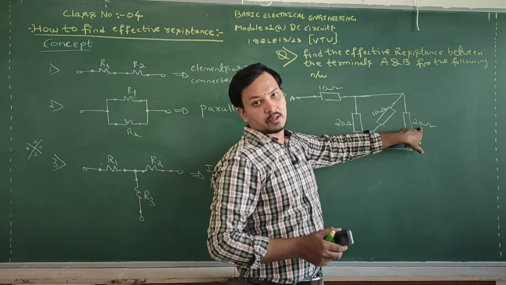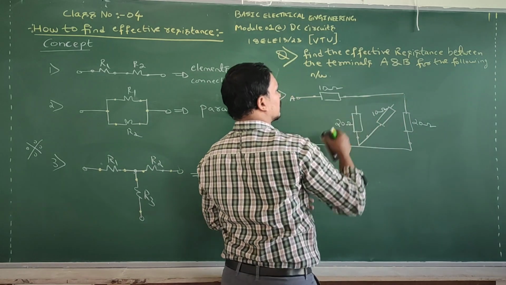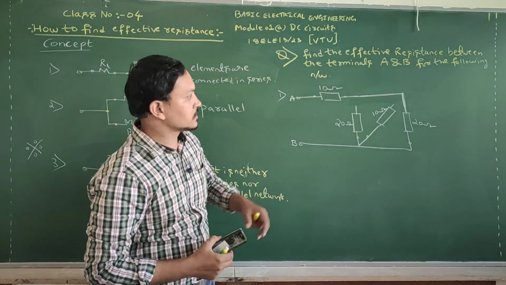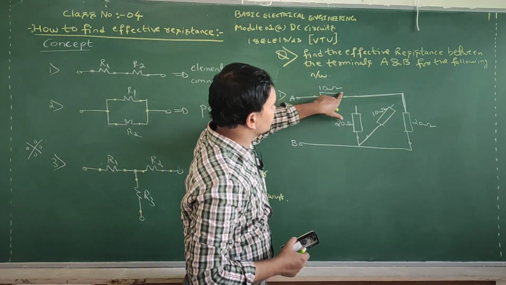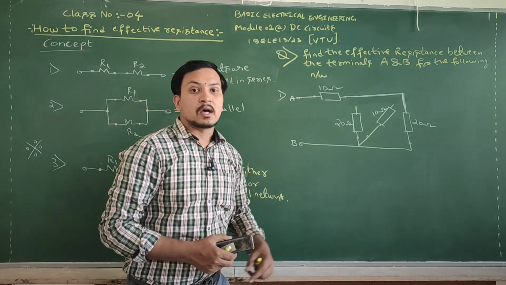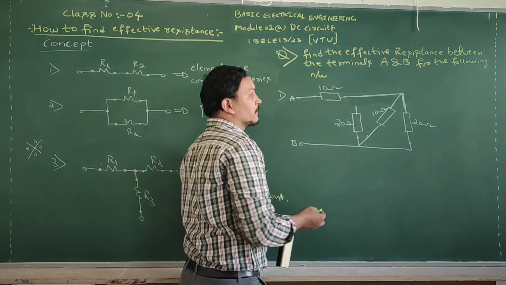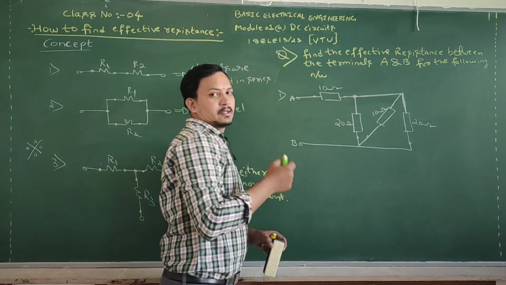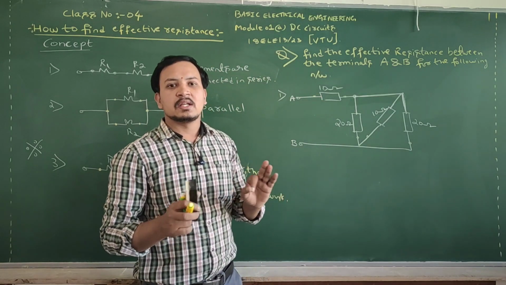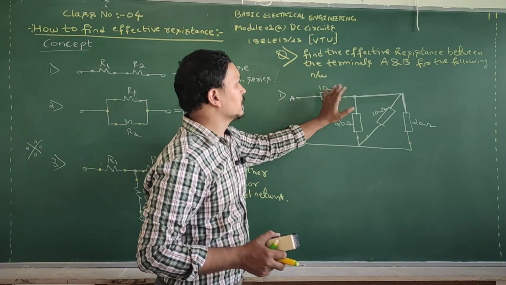Now check the last one, the 20 ohm resistance. If these two are not connected, now you can decide these two elements are connected in series. See, 10 ohm and 10 ohm. Is there any disturbance to this end-to-end connection? No disturbance, then you can decide those are connected in series. But in the actual network, this 10 ohm is connected here, a disturbance. So you can conclude this 10 ohm resistor does not have any series relation with these resistors. Therefore you cannot relate this with this.